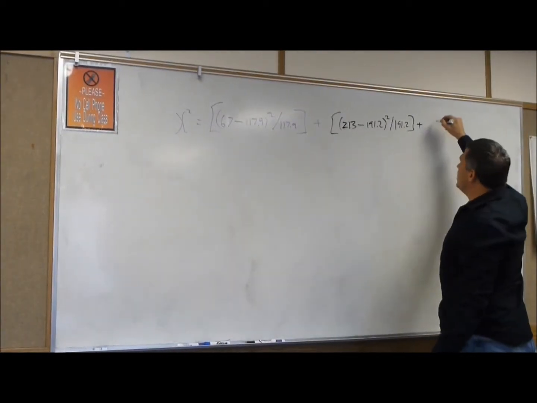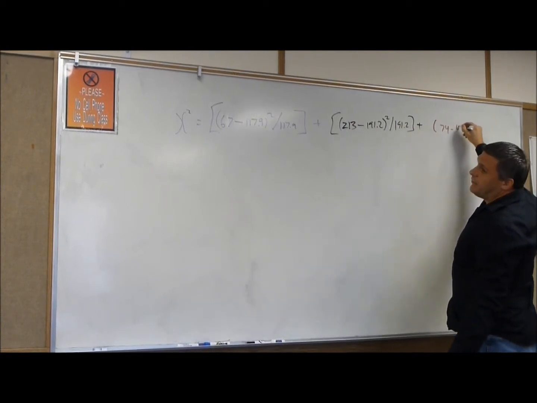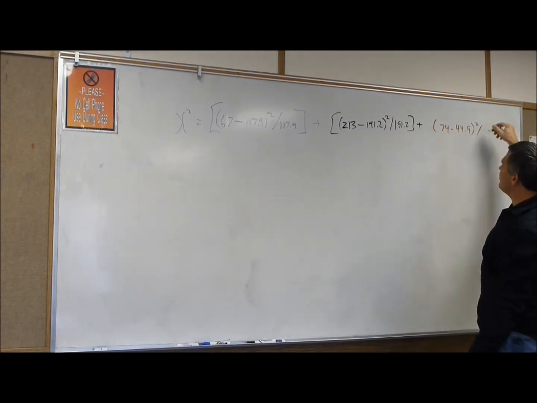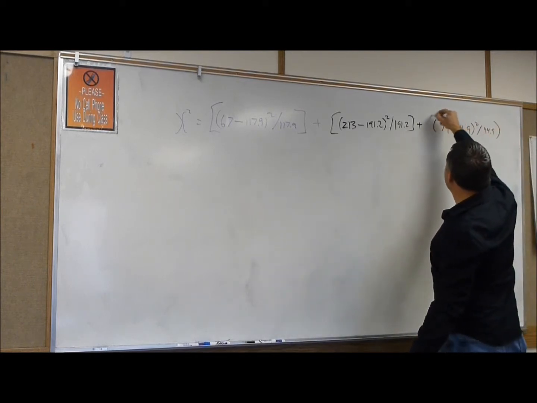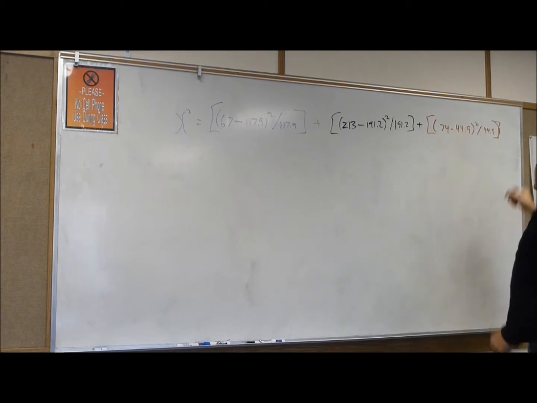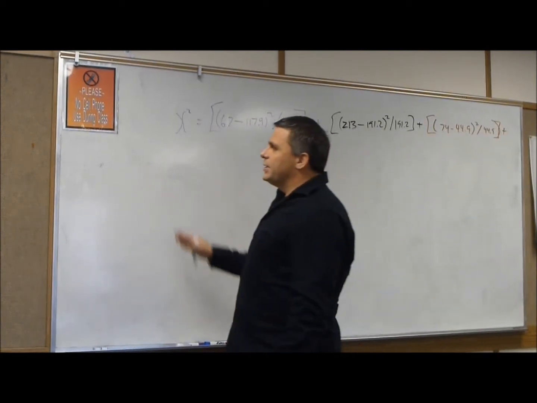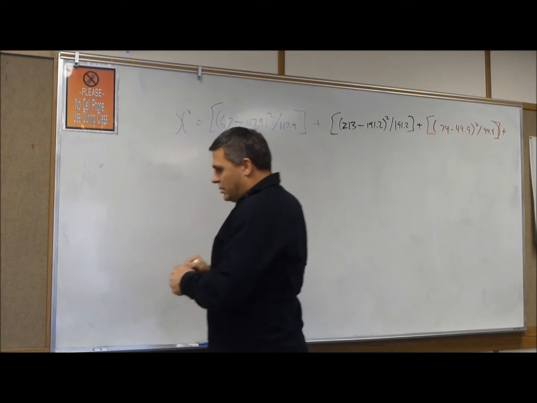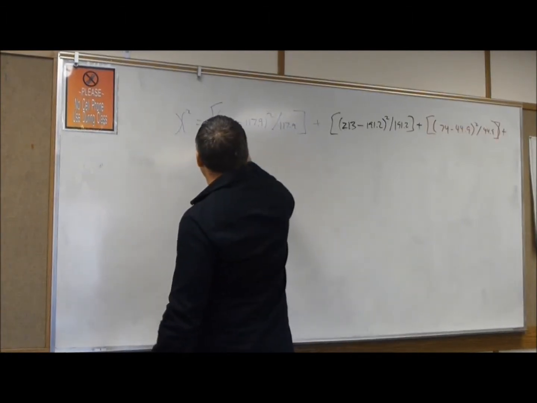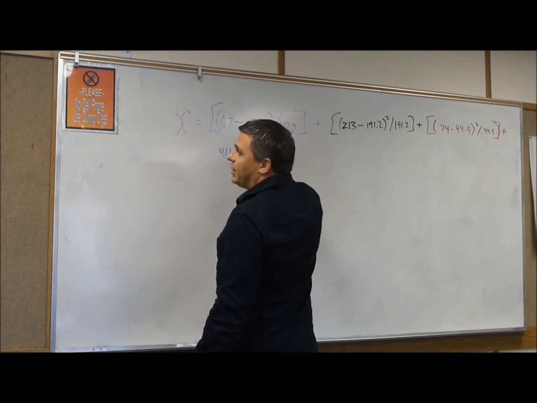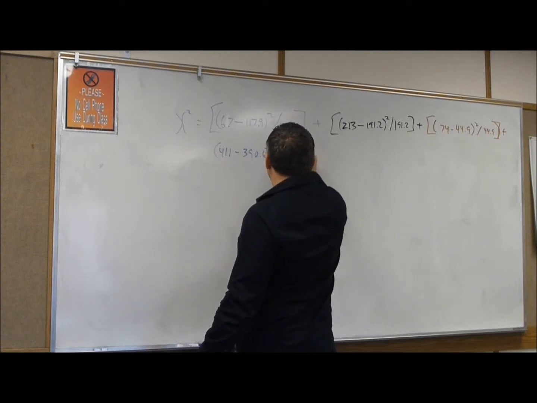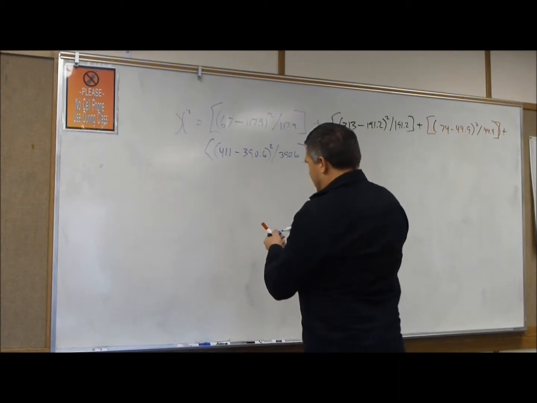So now the next one is 74 minus 44.9, squared, divided by 44.9, okay? And then we're going to add on to that, okay? And we're going to do that all the way down the line. So now we go with some colors that are bright. So we got 411 minus 390.6 squared divided by 390.6, okay, plus